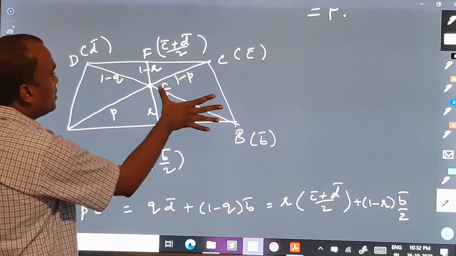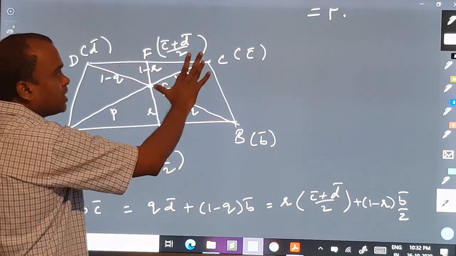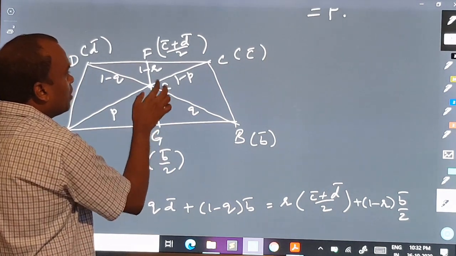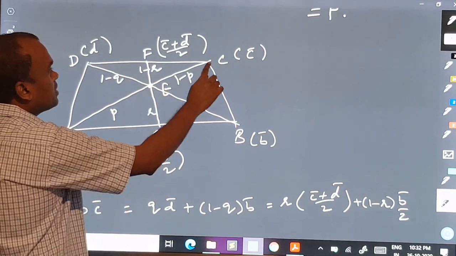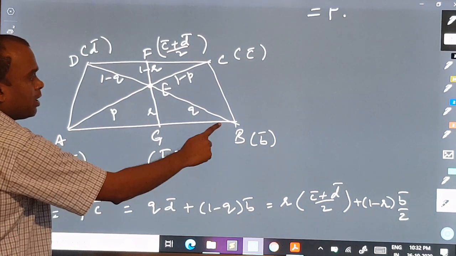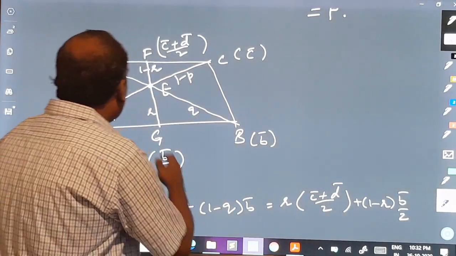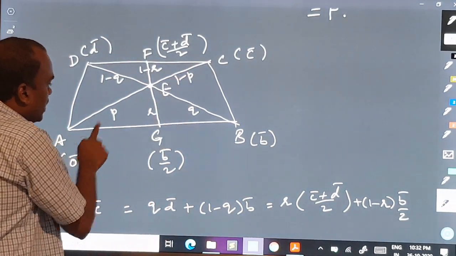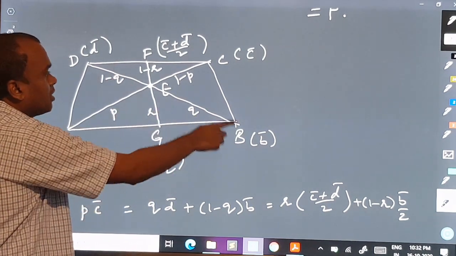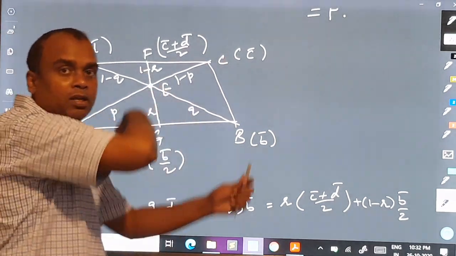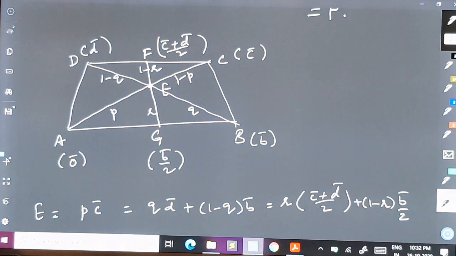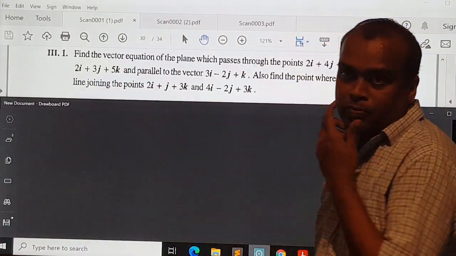So I have this by this is same as this by this, and obviously these angles are equal, and therefore this triangle ECD is similar to the triangle EAB, and thereby I get that this angle is equal to this angle and this angle equal to this angle, and thereby I am getting these two are parallel, and thereby the whole diagram is a trapezium. I hope you understood. Let us see this third Roman four problem.